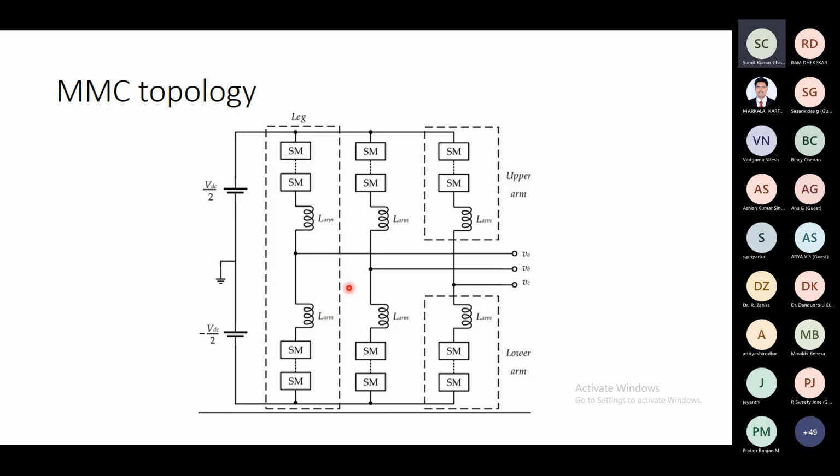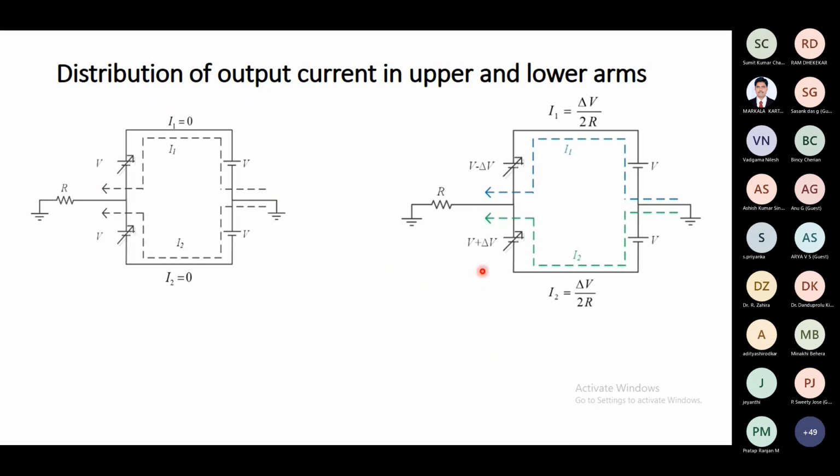Or power handling through this DC side or AC side. So we'll come to a very basic circuit first of all. Assume that there are 2 voltage sources. Forget about MMC, just a basic circuit here. These 2 are fixed voltage sources connected to this ground point. So plus V and minus V connected here.